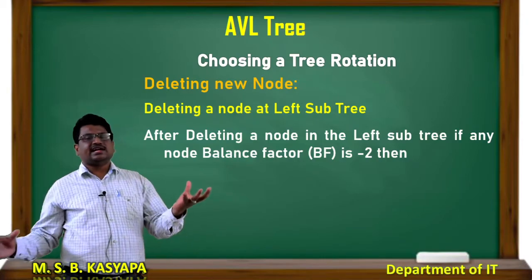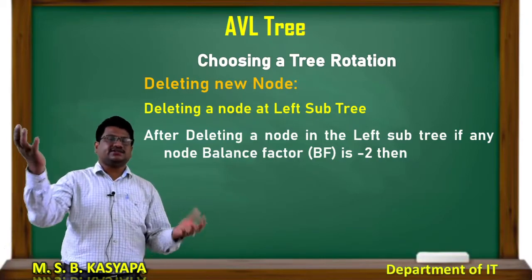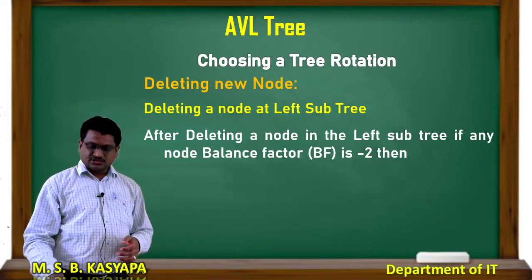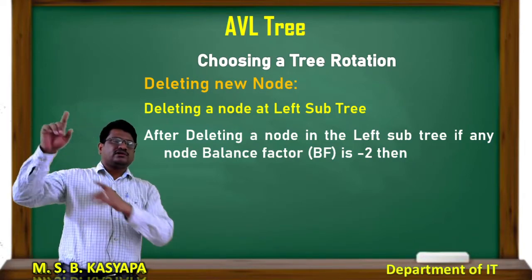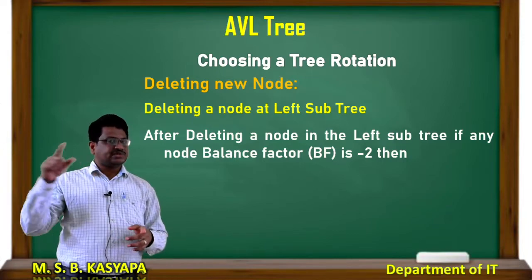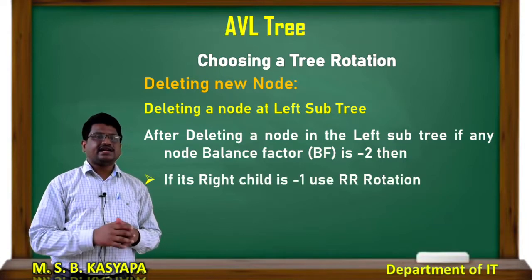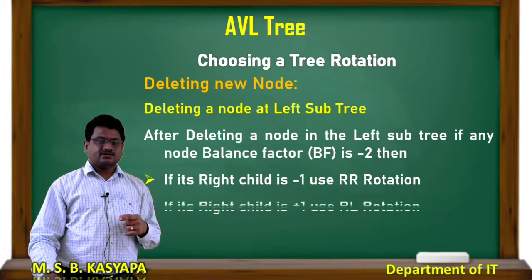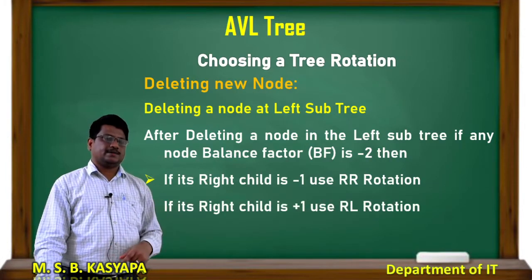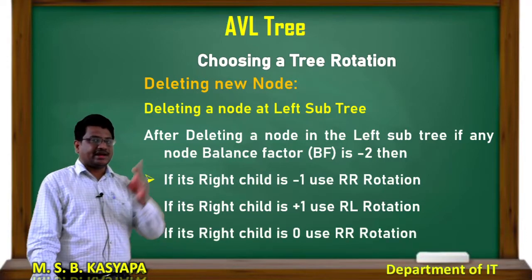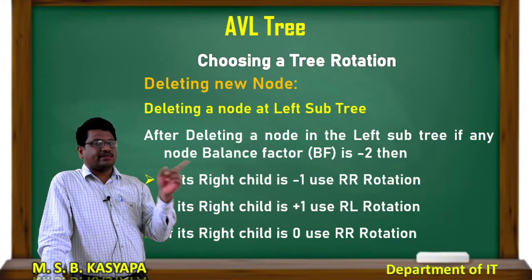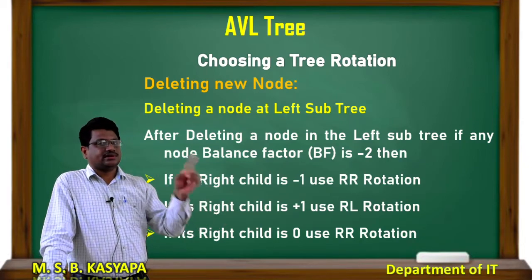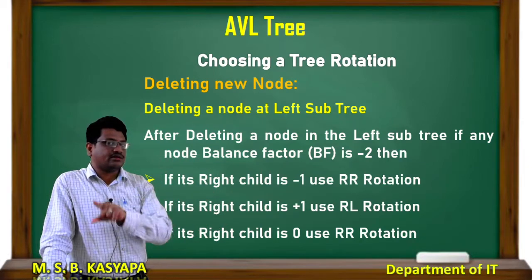Now in the same way, if I delete a value on the left side, that means it is decreasing and the right side is increasing. So I have to adjust the right side, so I have to use RR, RL, right side rotations. So that means the node contains the value -2. Minus means I have to check the right child. If that particular right child contains minus, it means RR. Okay, minus plus means RL. Now -2 and 0: here I am treating it as a minus value, RR rotation.